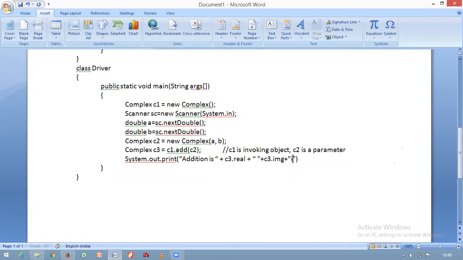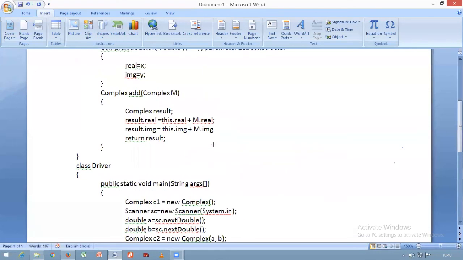Because your output looks like 2 plus 3i, 4 plus 5i. Okay, like that. So this is the way you are supposed to perform arithmetic operations on complex numbers. I have done it for addition. You do it for subtraction and multiplication.